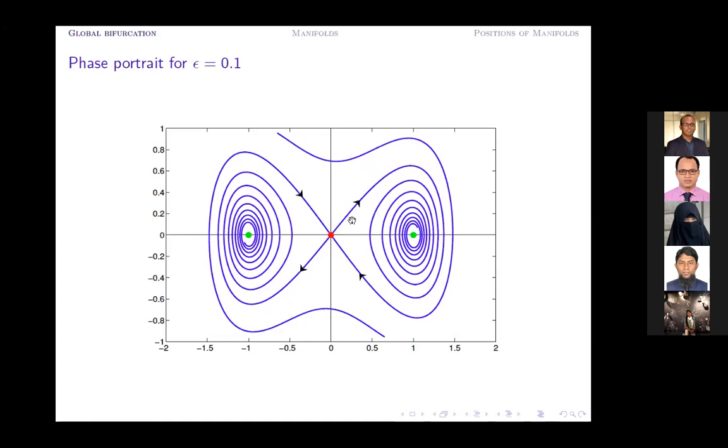There is no change in stability property of this particular equilibrium point 0, 0, but there is a characteristic change in the system, and this kind of behavior, so that means